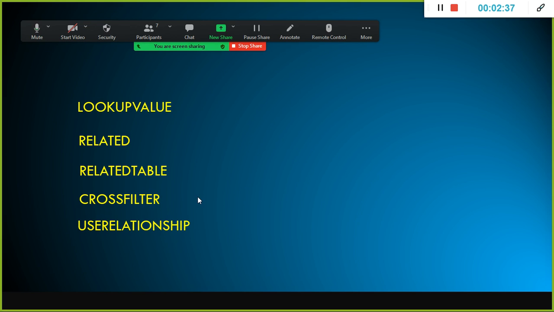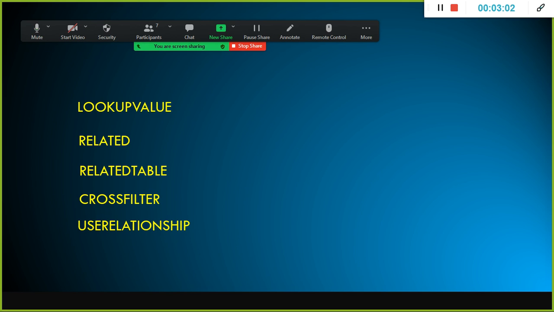Then we discussed cross filter. Using this function we can programmatically change the direction of the relationship. Usually we establish the relationship from the dimension table to the fact table, but there are situations where you have to enable a bidirectional relationship. Why?